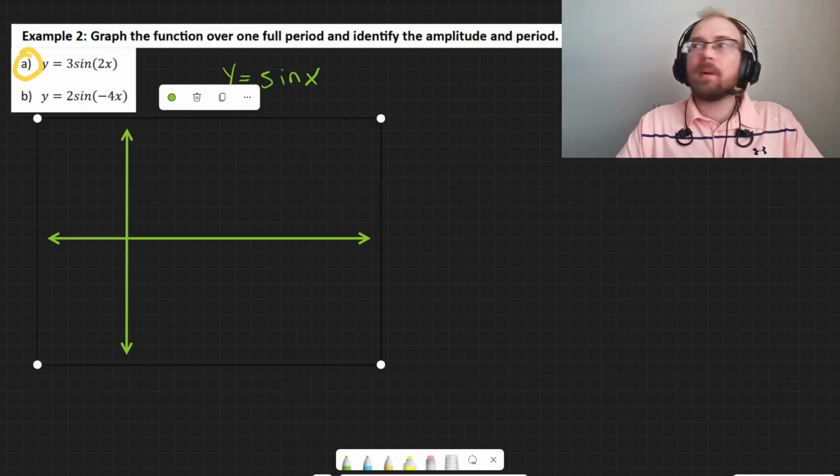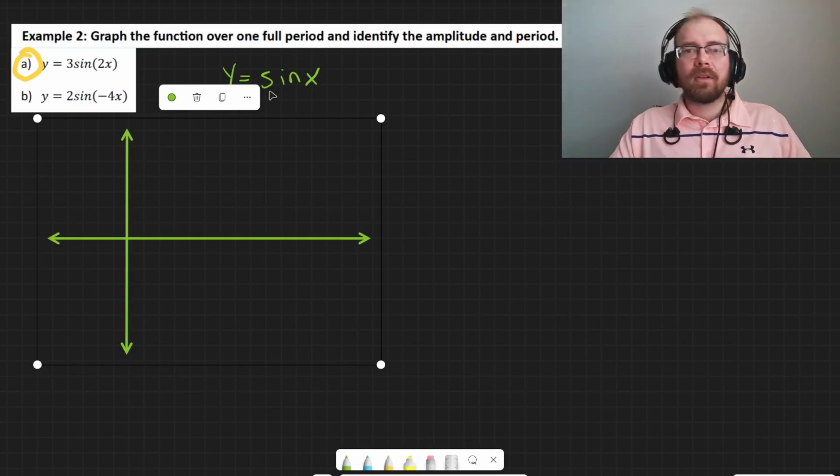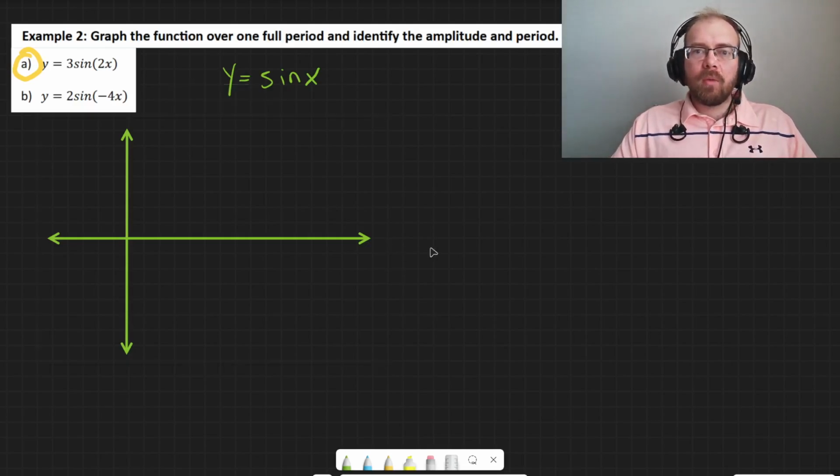There we go. That's pretty well aligned. Yeah, that looks good on your end as well. Okay. So now